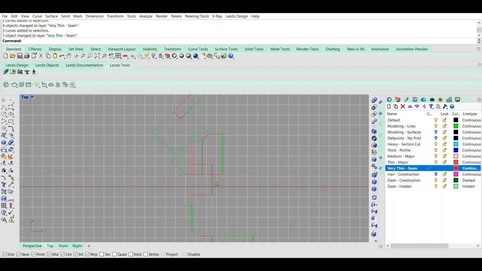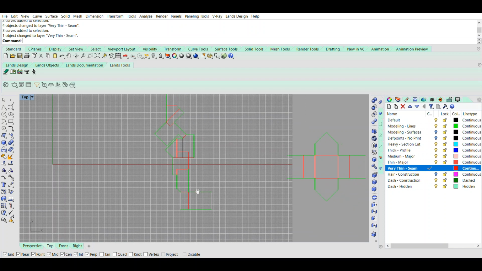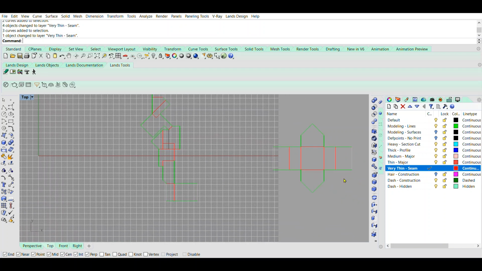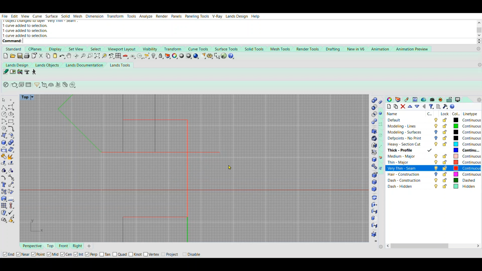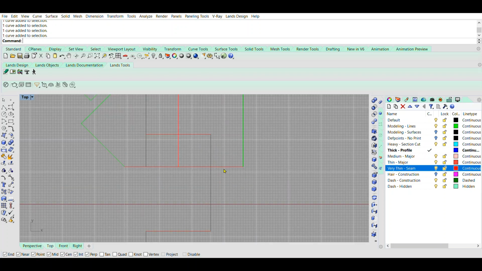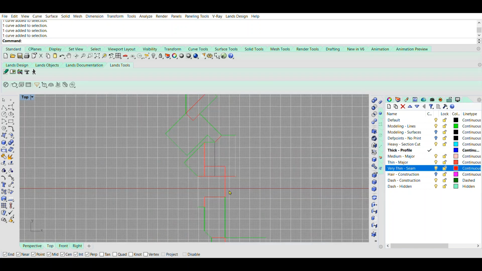Change object layer. So we have those set up. And then what we can easily do now is switch back to our profile layer that we're about to use and turn off that seam layer. Oh, okay, looks like we need these here. So it looks like we need this outside edge here,